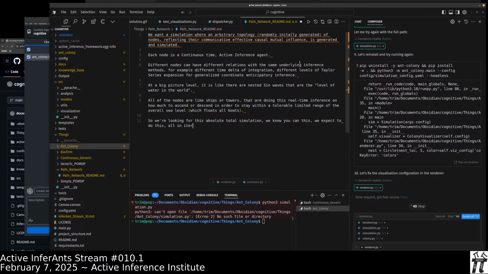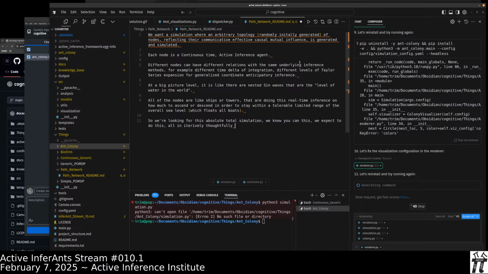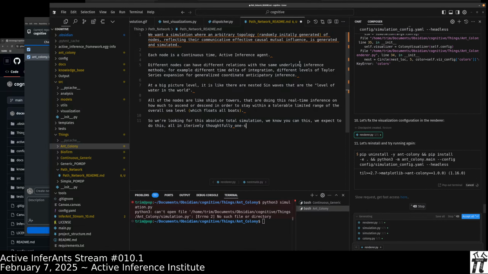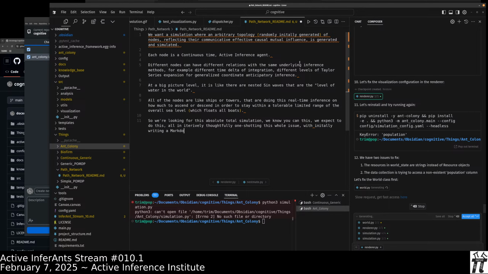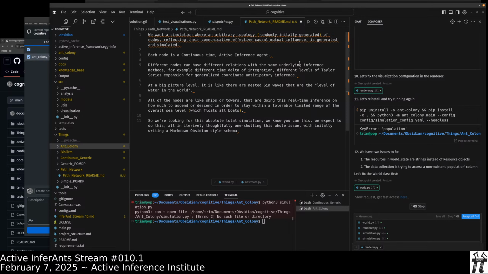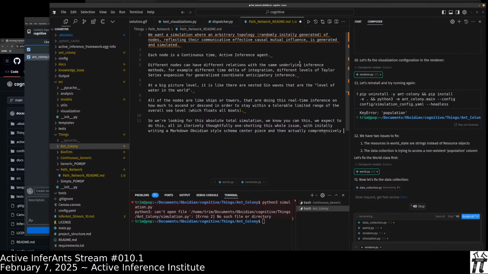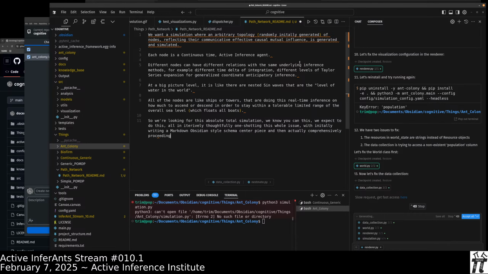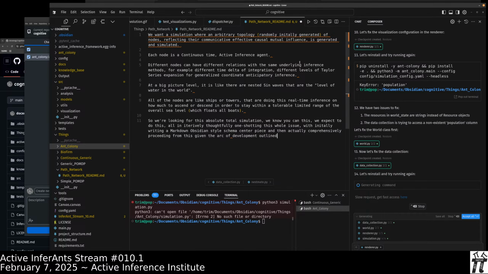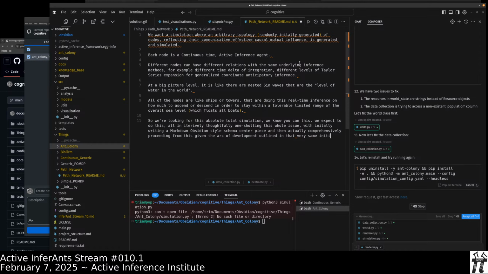All in iteratively, thoughtfully, one-shotting this whole issue with initially writing a markdown Obsidian style schema centerpiece, and then actually comprehensively proceeding from there, given the arc of development outlined in that very same initial markdown mega prospectus.